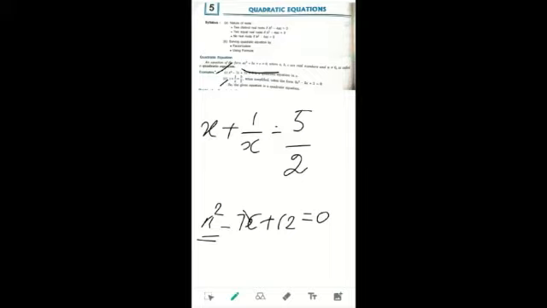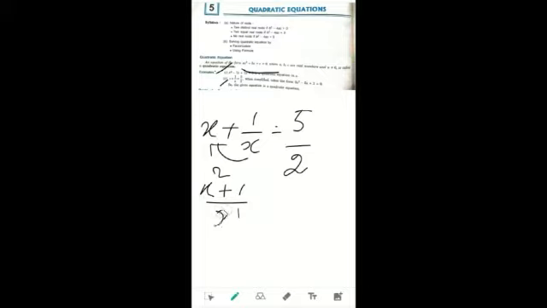With this kind of equation, first you have to solve completely. Then only can we say whether this is a quadratic equation or not. How to solve that, you know, but once again I will explain. First, on the LHS side, we have two terms. You just have to multiply these: x into x is x square, plus this numerator 1, whole thing divided by x, is equal to 5 by 2.